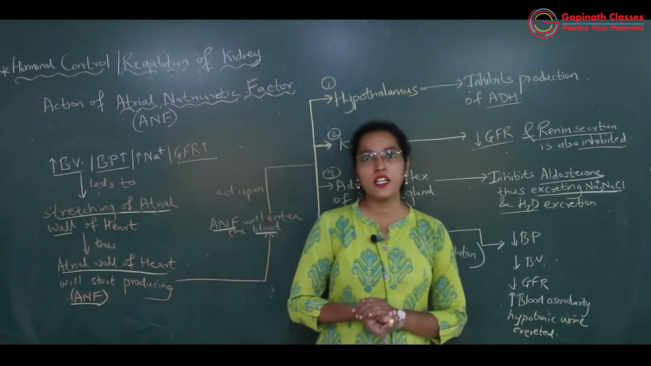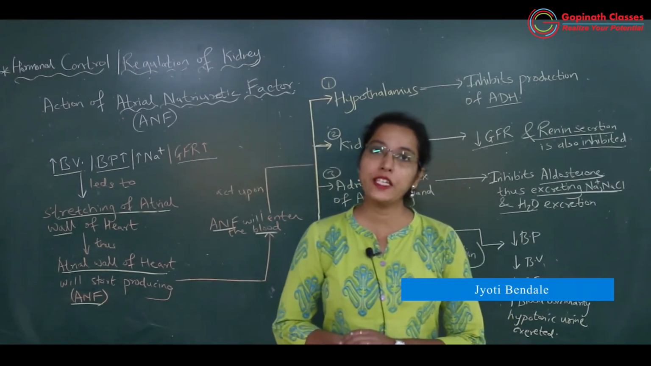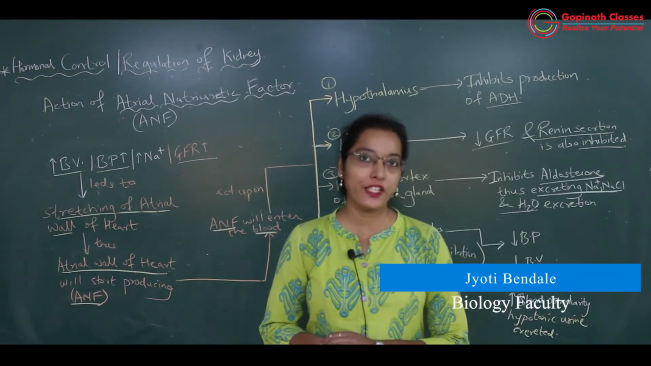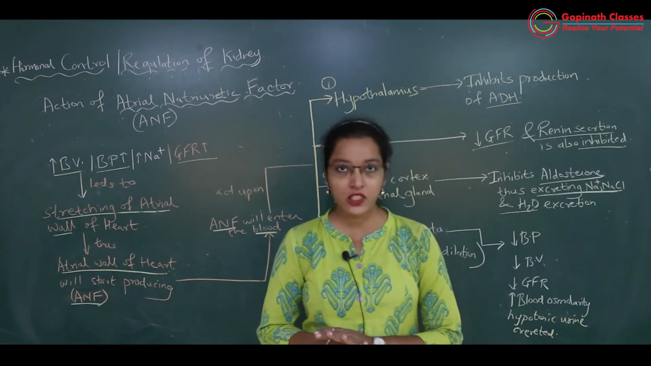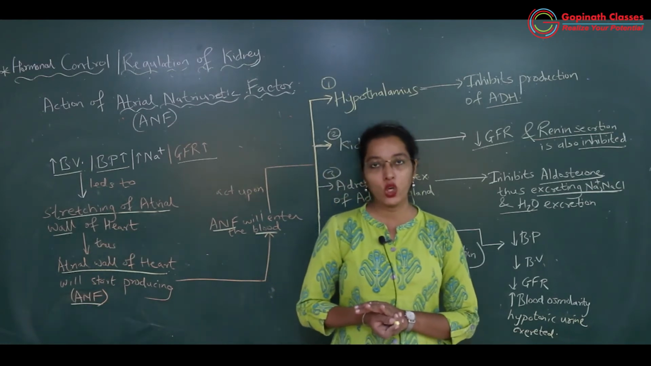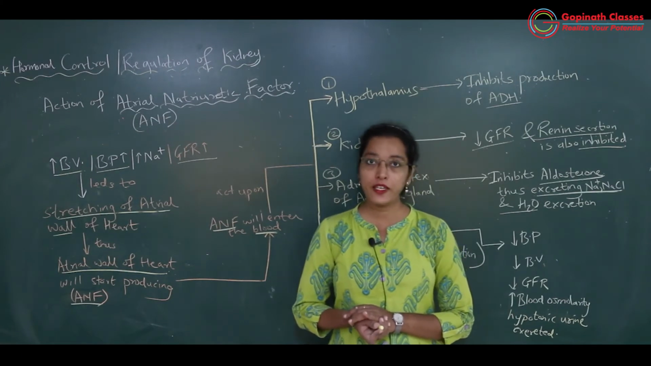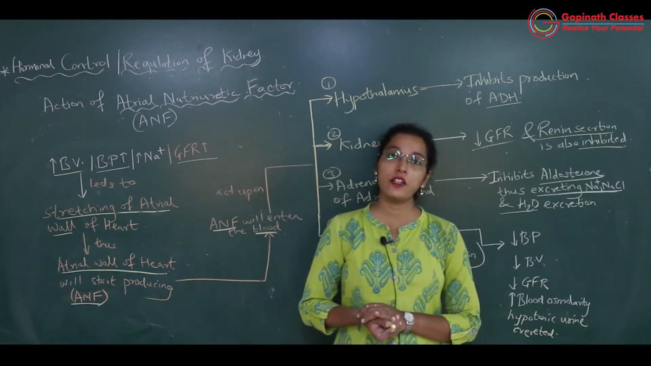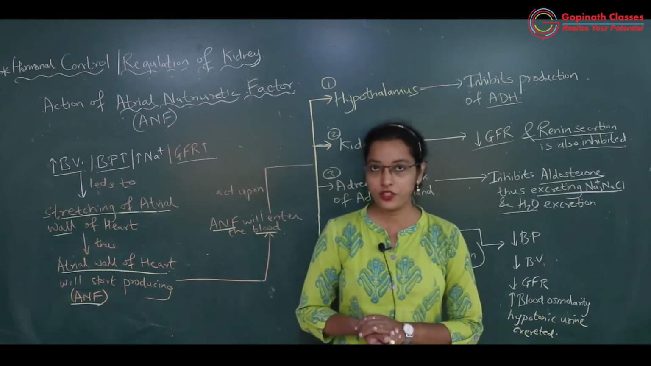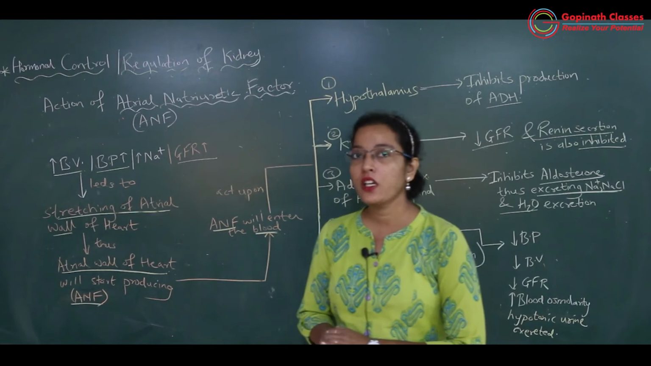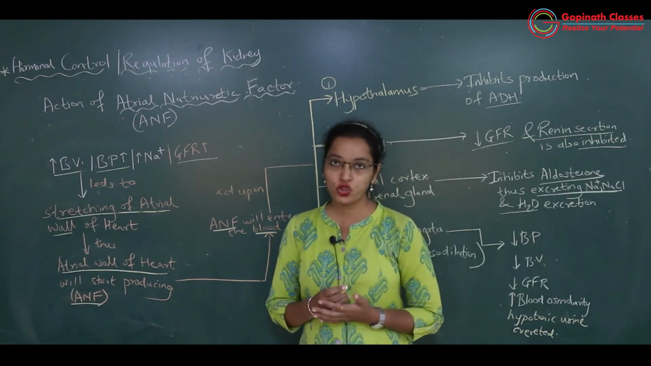Hello students, in the last session we have studied the regulation of kidney by secretion of antidiuretic hormone. How antidiuretic hormone will control the BP, blood volume as well as volume of the urine. We have seen in that two conditions, shortage of water and excess water. Now we will study hormonal regulation, the next part, by production of